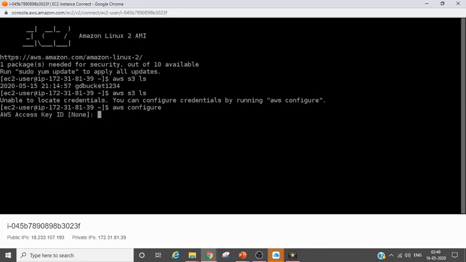It is asking me secret access key ID and the password, default region name, default output format, and all. So when we discuss in the IAM policy, right? So whenever we create any user or something, we get one secure ID and password, right? Programmatic access.